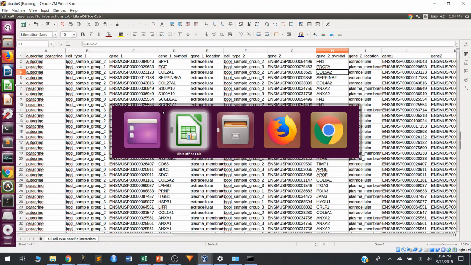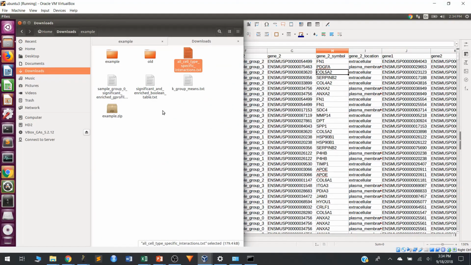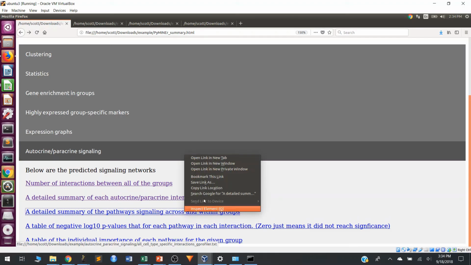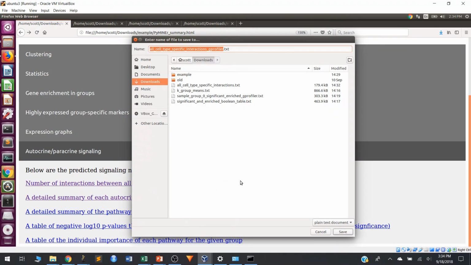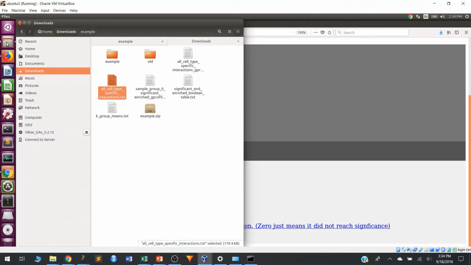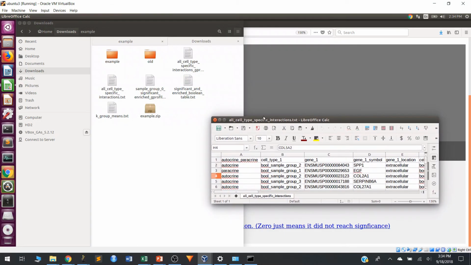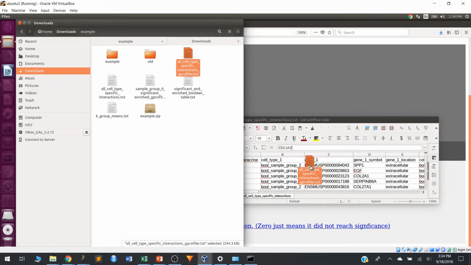And to get a better sense for what's going on at a large scale, we have an annotation of which pathways are signaling between each of the groups. So we'll have a look at this one and save that, and then open this up again in Excel. So open this up,